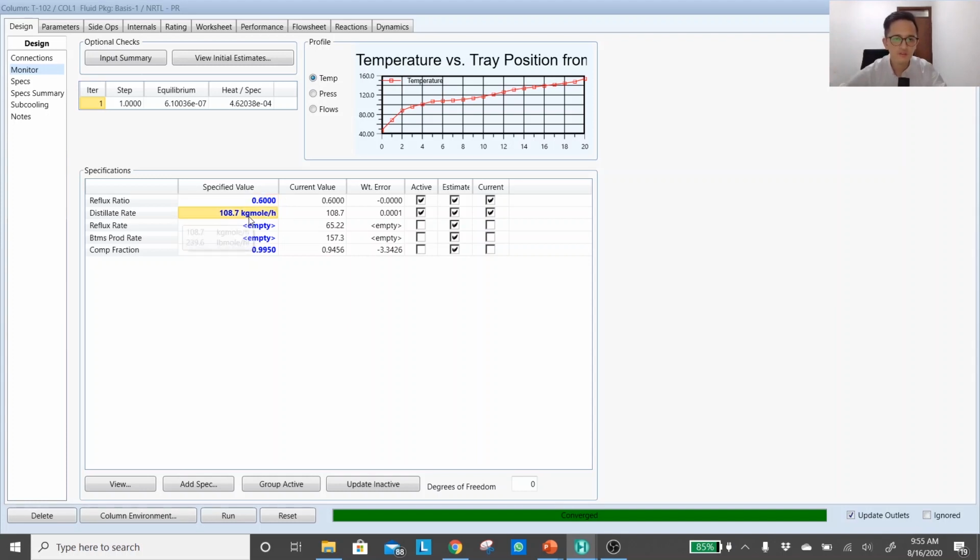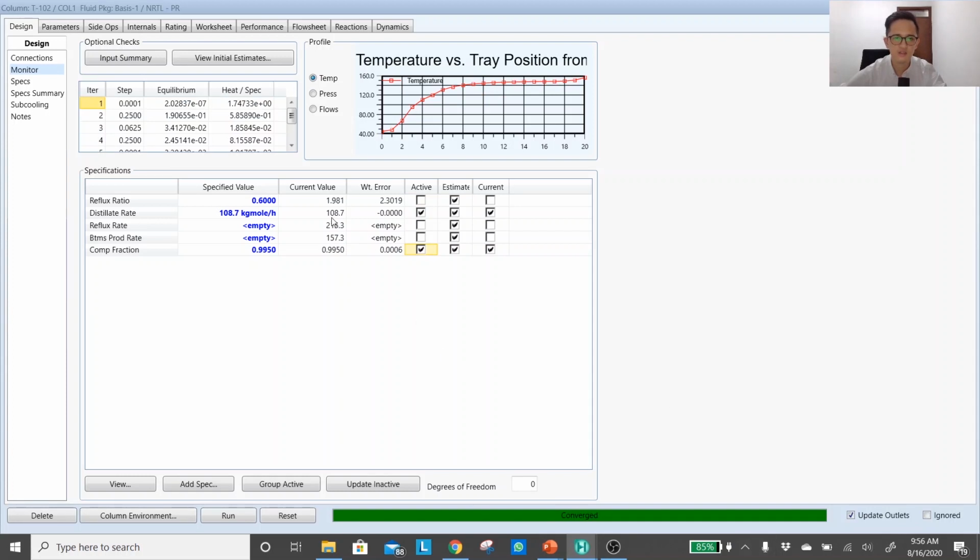Okay, but what if I change my distillate rate? Will that be a problem? Yes, there will be a problem with that. Why? Because our expected product capacity will change from 5 ton per hour into probably even a lower number. Because of those explanations, I will compromise my reflux ratio. Okay, you don't have to work at 0.6 reflux ratio, you can change that, but I want my top product to be 99.5%.